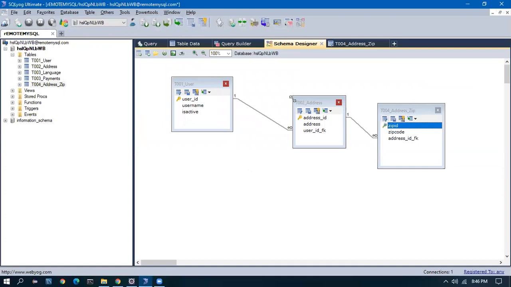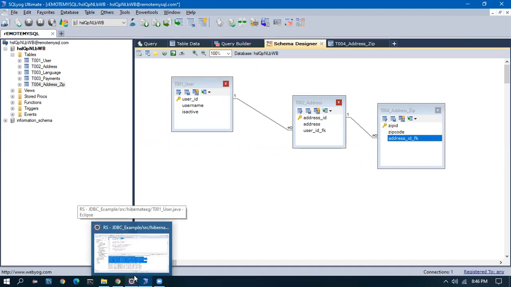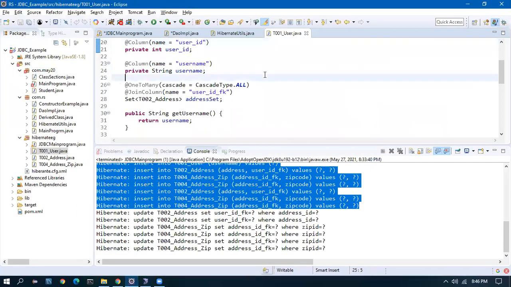For that information, you will contact the SQL guy to know about the table. But if you know the business logic, that is also not needed. If he gives that table schema diagram, you can see, okay, this is the address ID foreign key. That's all. Clear?